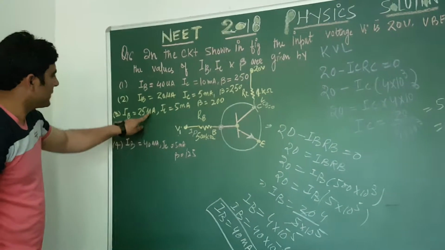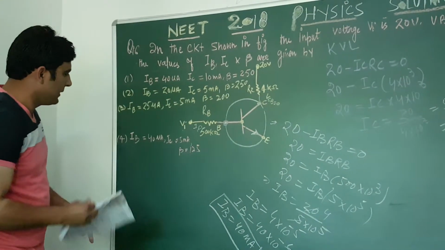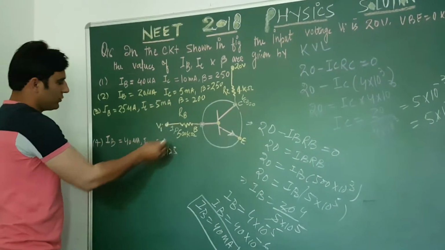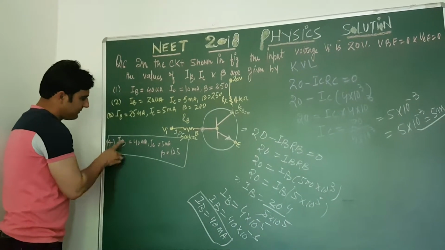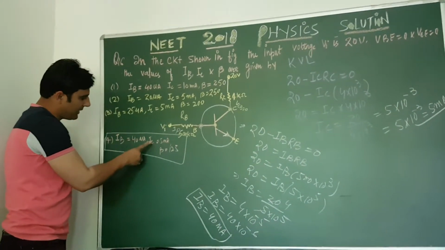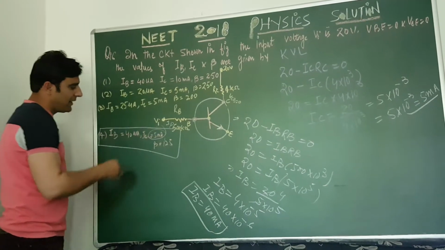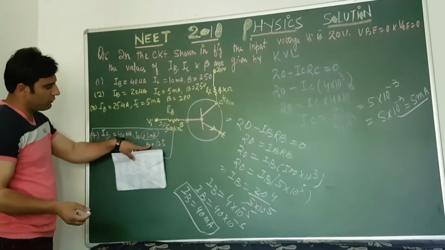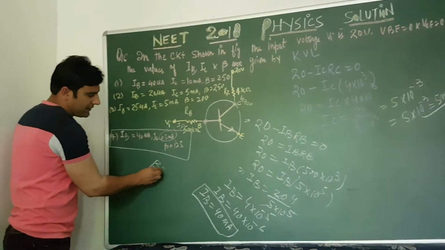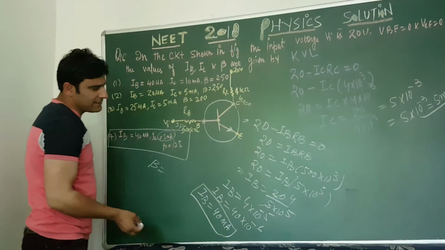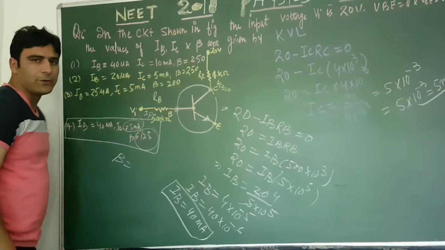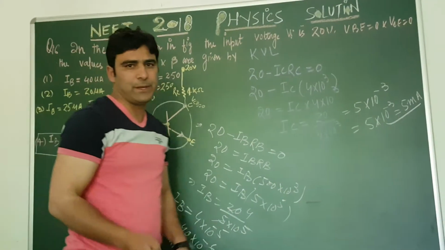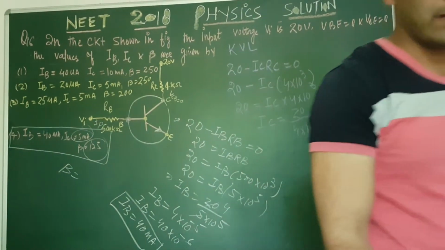Is there any option with 40 and 5? Yes, this option number 4, that is IB is equal to 40, IC is equal to 5 milliampere. And in this way we can simply find out beta also, that beta is equal to IC divided by IB, and you can find that it will become 125. Okay, so in this way